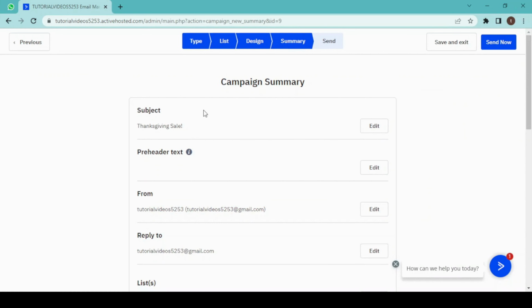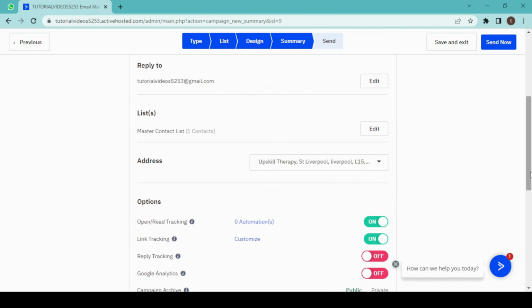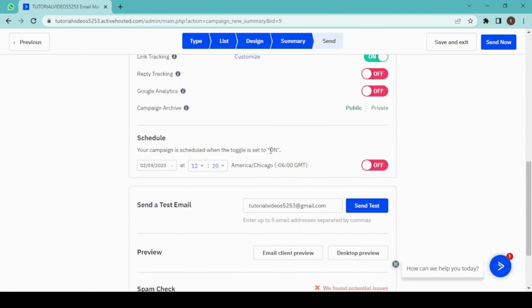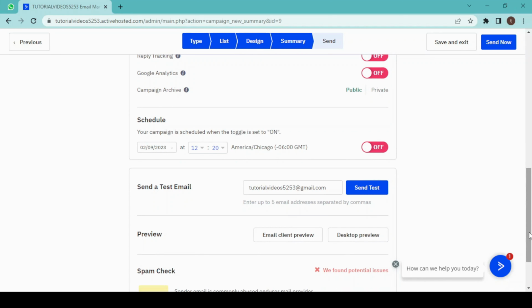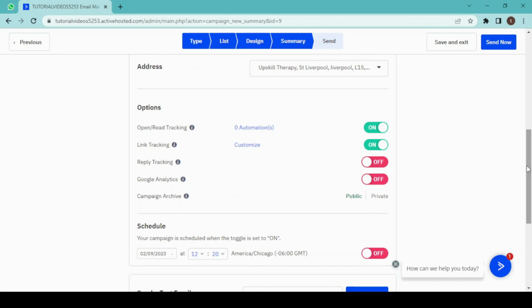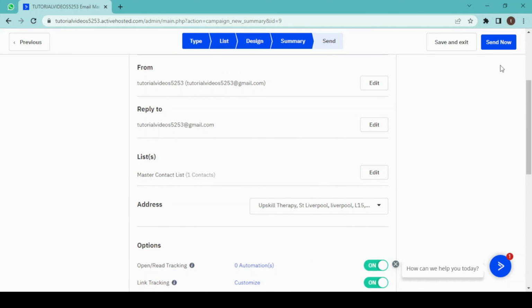and then here goes the subject, pre-header text, from and reply to email, and then we have list of contacts, our address and a schedule of our campaign. And before you send this campaign, it's a good idea to test it to make sure everything is working as expected. You can do this by the preview option from here, like you have option of email client preview and a desktop preview. And if you don't want to schedule this campaign or send it right now, then click on